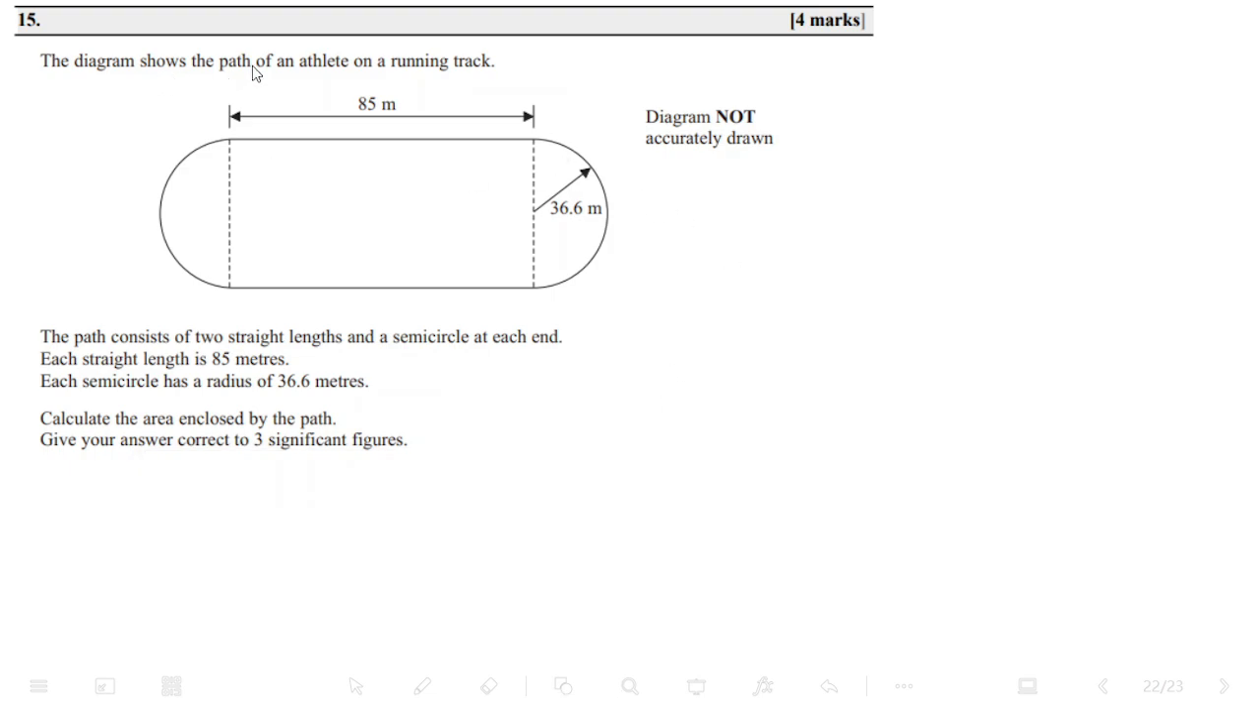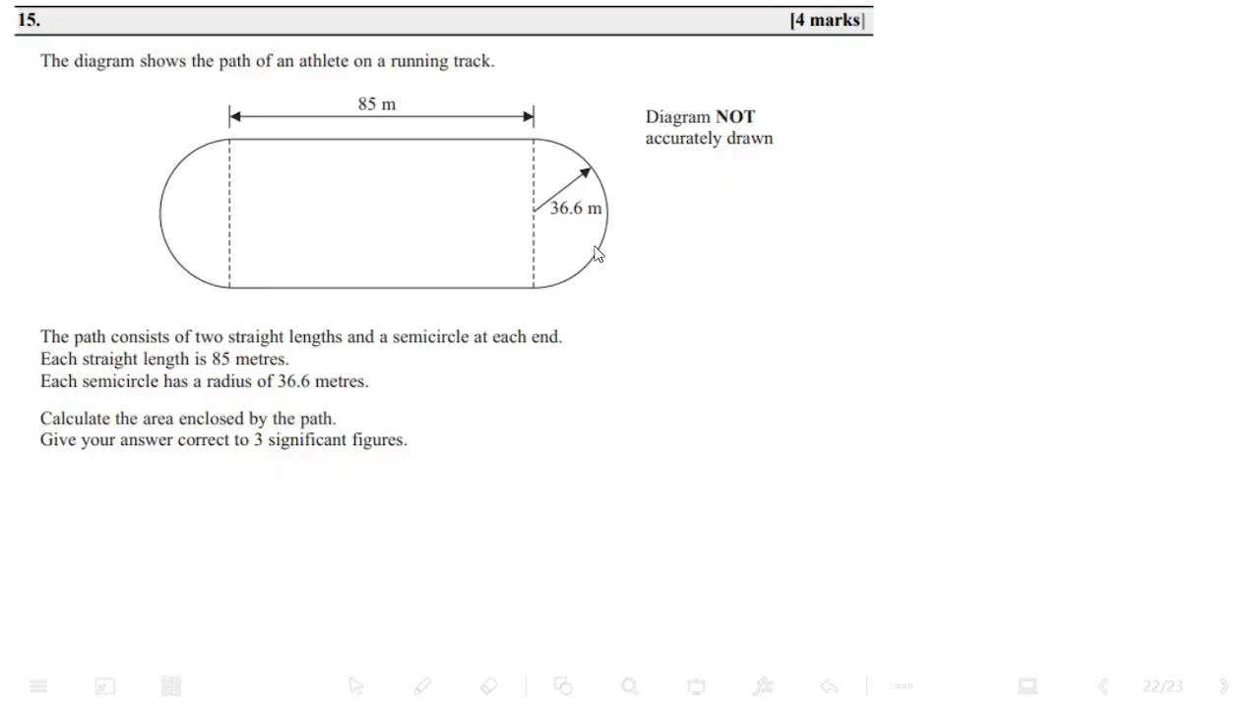The diagram shows the path of an athlete on a running track. So this is kind of a track, right? Yeah. Now the path consists of two straight lengths and a semicircle at each end. Each straight length is 85 meters. Each semicircle has a radius of 36.6 meters. Calculate the area enclosed by the path. Give your answer correct to three significant figures. Okay, now